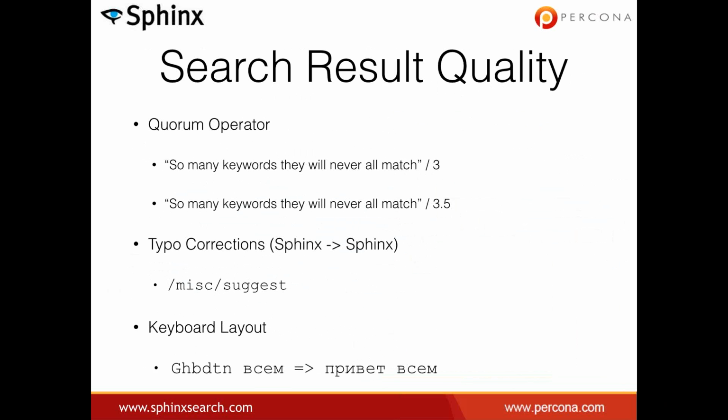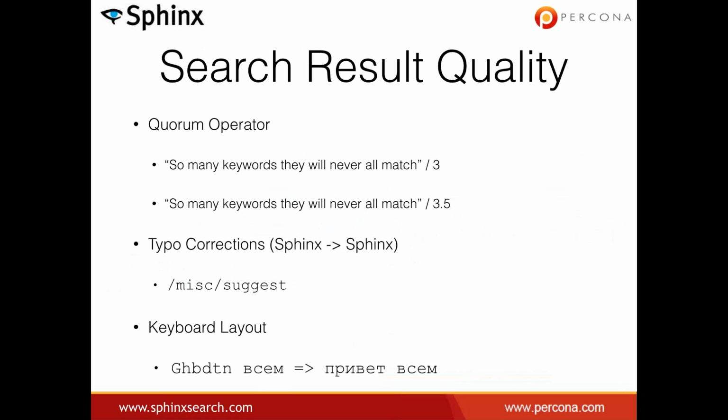Because sometimes it's tough to set a fixed keyword limit up front. And a couple more things that you should do to your search queries are typo corrections. I think Keynote autocorrected Sphinx with a Y instead of an I for us, because initially it was a Y. So apparently a cut and paste bug again. Well, the presentation got typo corrected,